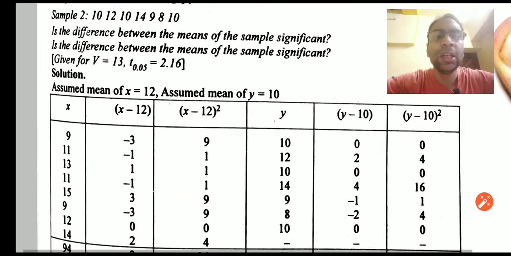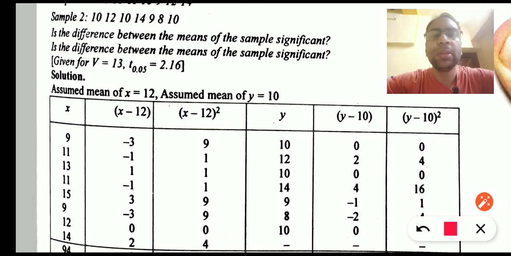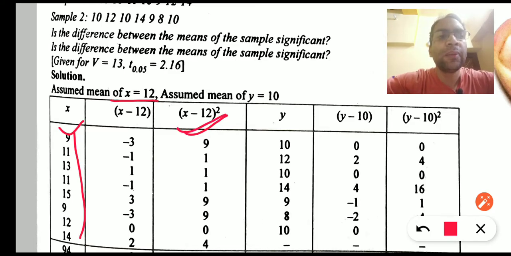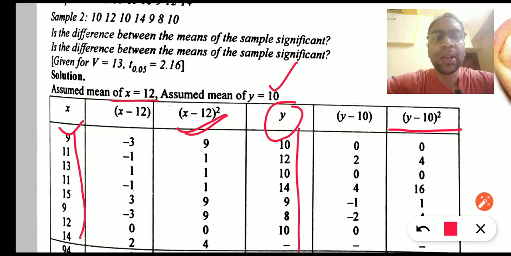So you can see that we have taken the values into the table. We have x, and we will find out the square of the deviation. This is d square, where the assumed mean we have taken for x is 12. We have already talked about how we can take the assumed mean from the values of x. So this is the deviation, the square of the deviation. For the second sample, we have the values of y. We can take the assumed mean from y. We have taken it as 10, and then we have calculated the square of the deviation in this column. So we can simply calculate these values and identify the results.